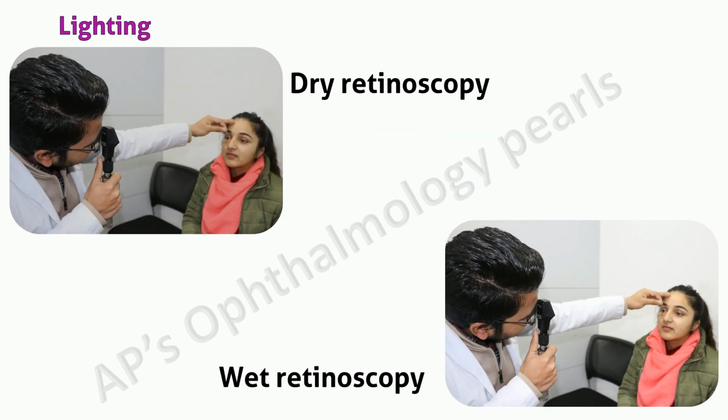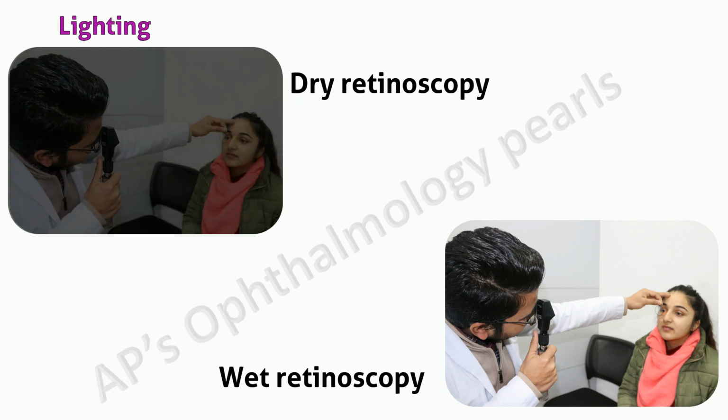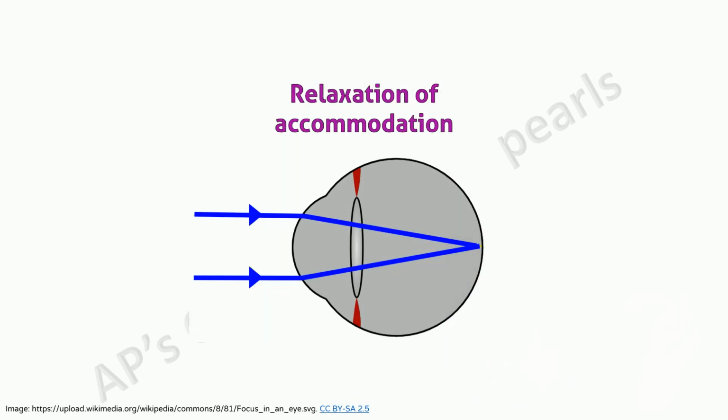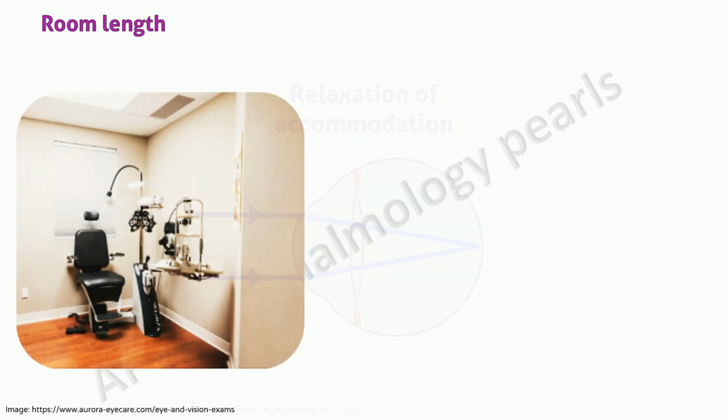During dry or non-cycloplegic retinoscopy, the room should be darkened so that the pupils are dilated sufficiently to be able to easily perform retinoscopy. This isn't a factor if performing wet or cycloplegic refraction, in which case the lights may be left on if so desired. If non-cycloplegic or manifest refraction is being determined, then the following measures must be taken.